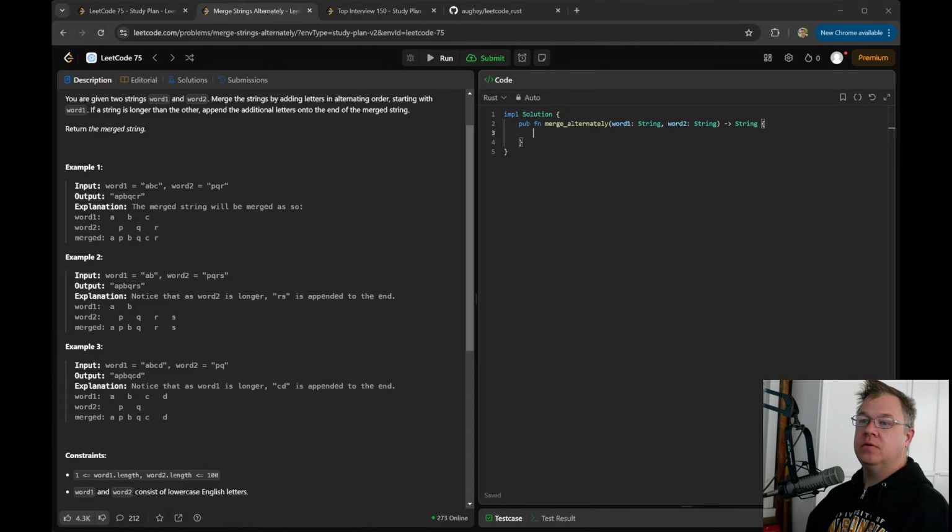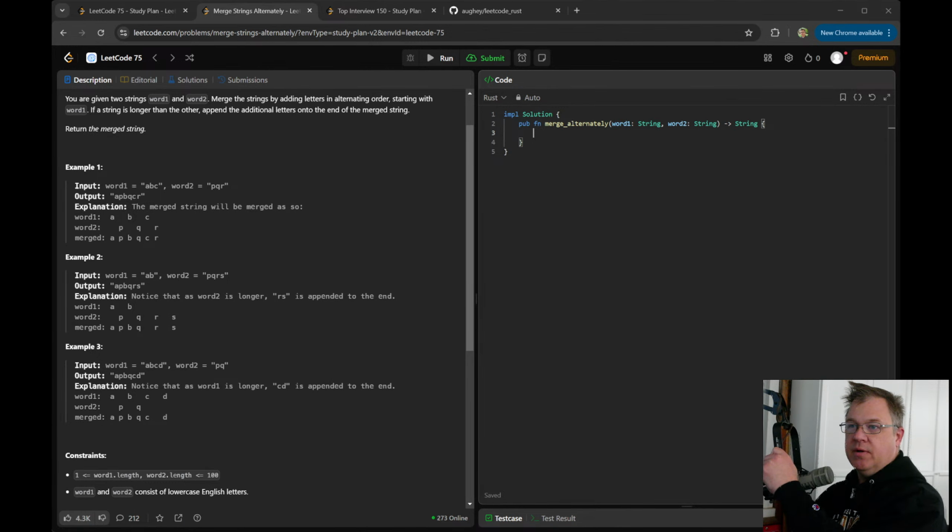Let word 2 equal word 2 dot chars. So now we have two iterators that point to the characters in these words, and we need to bounce back and forth between the two. Since this is the first one, I'm going to play around with this a little bit.